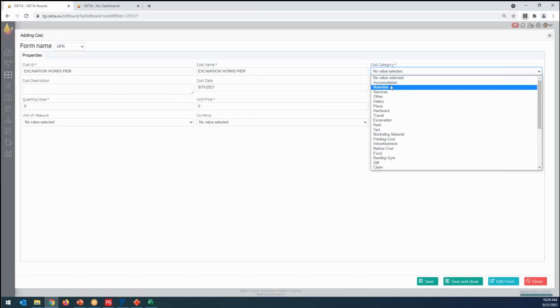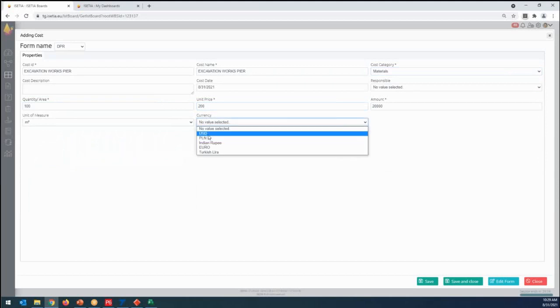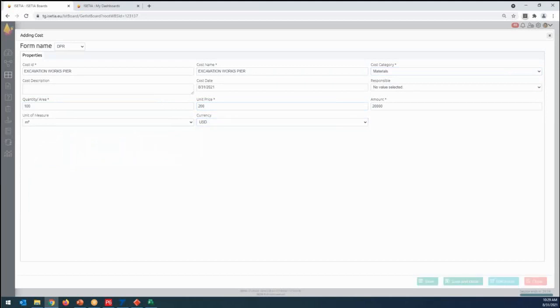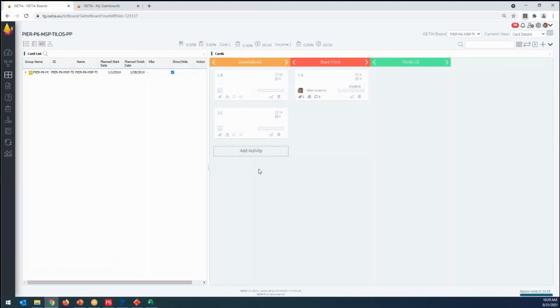This is the material. We are saying that this is 100 cubic meters, and unit price is, let's put 200. Let's put the currency as $1, and save and close. And you can see that I have $20,000 budgeted in my BOQ items as excavation. I can put more, of course. I can also put income, by the way, if I want to manage my cash flow. So I have my task, my comments, my BOQ, my documents, and my project